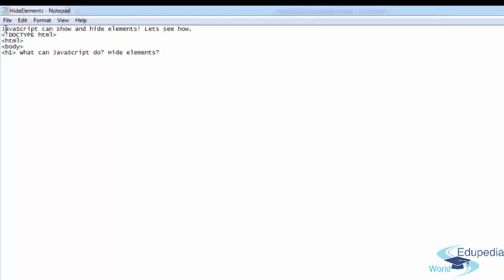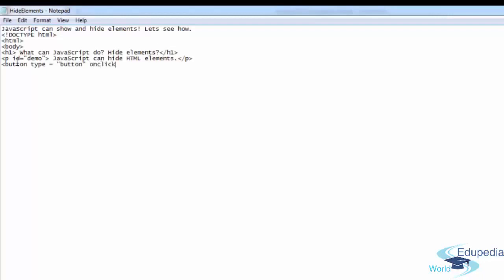Okay, the reason why I write some kind of description here is so that you understand what you're looking at. What just happened? The heading will just explain what happened. Paragraph tag open. ID. Again, without IDs we are nothing. ID demo. ID is equal to demo. JavaScript can hide HTML elements. Okay, close the paragraph tag and then type button type is equal to button